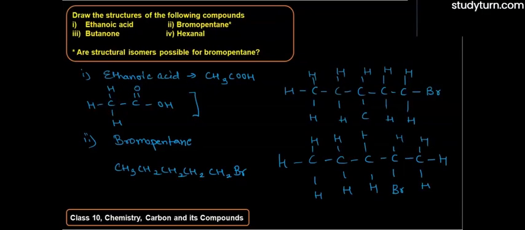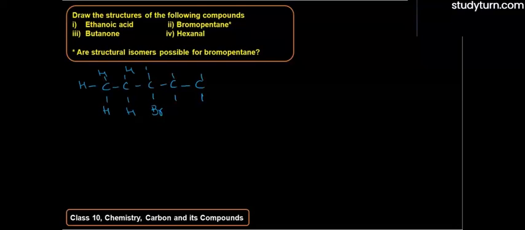Now let us draw the structure for the third isomer of bromopentane. So third isomer here will be 2, 3, 4 and 5 with the attached hydrogen atoms and bromine group. Bromine group is attached on the third carbon atom and all with the hydrogen groups. Okay, so this is the third.